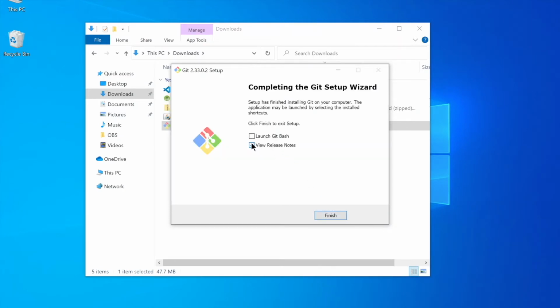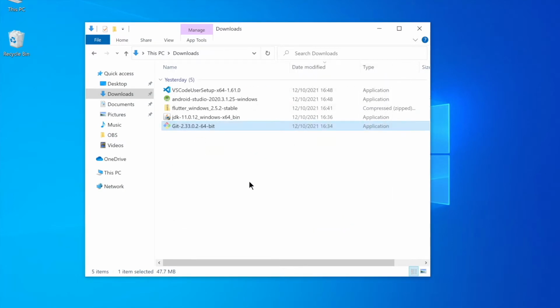I do not want to see the release note. Finish. Now we're gonna go ahead and get started with Flutter, but before that, let us install things that are